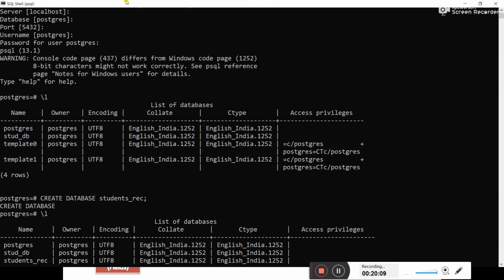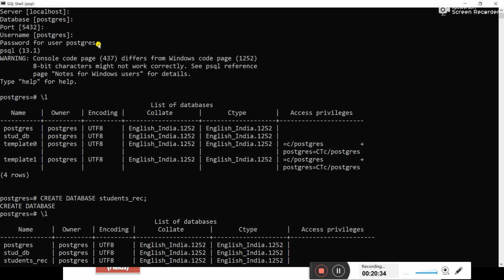First, I will explain how to enter into this SQL shell. You need to press enter at server, then database Postgres, which is the default one. Just press enter, then again press enter after the port number, and again press enter after the username. Now you need to type the password for user Postgres.